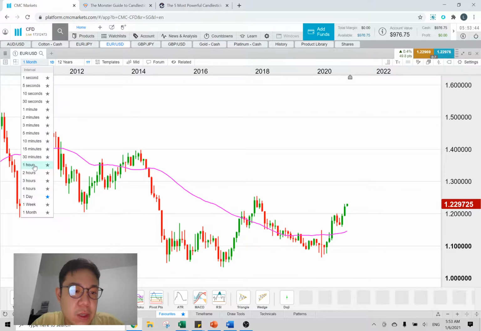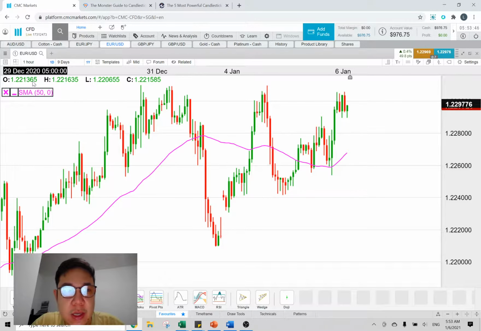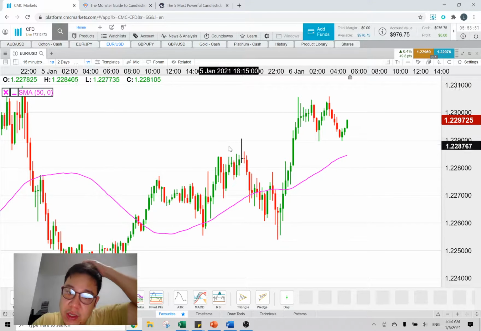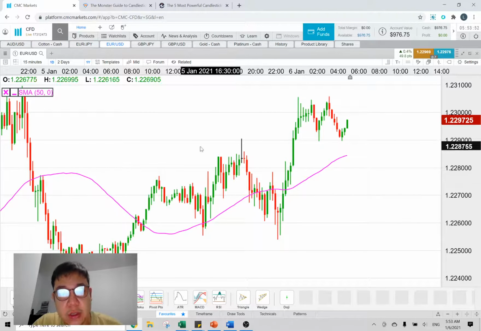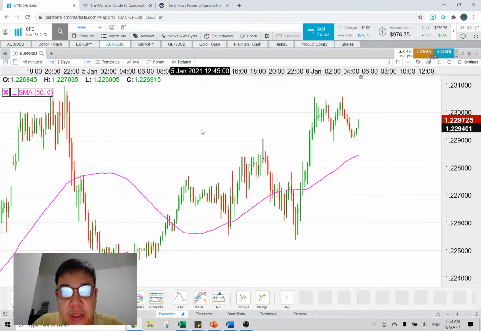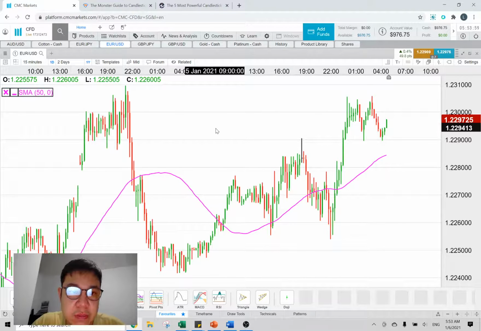I don't look at 1 hour charts nowadays. I don't look at 30-minute charts nowadays, or even 15-minute, because it's too much noise. It's too stressful to trade. I don't want to be looking at the charts the whole day. I'd rather be doing something more productive, because trading also can be quite boring, to be honest. So for me, I'm a day trader,